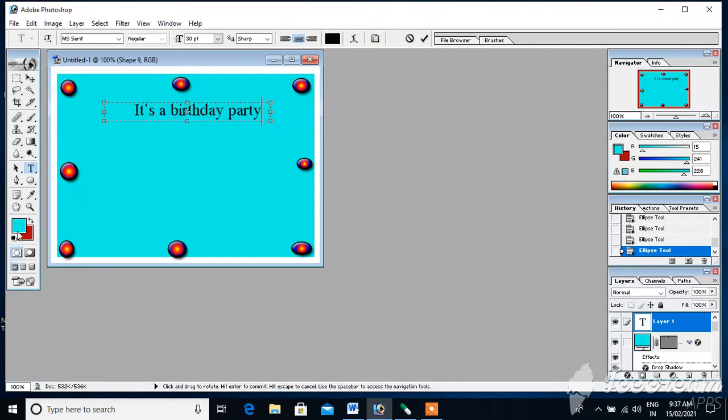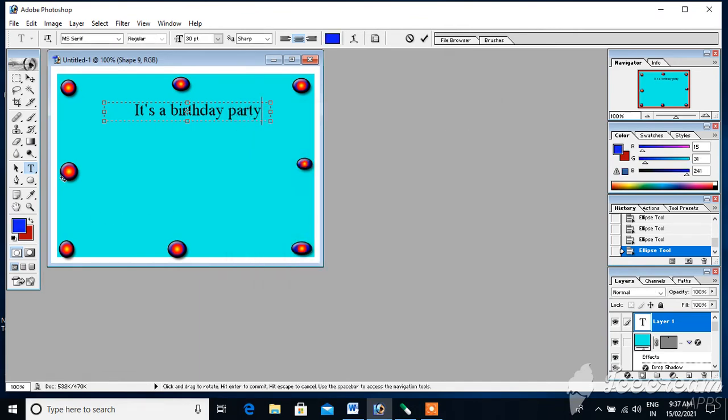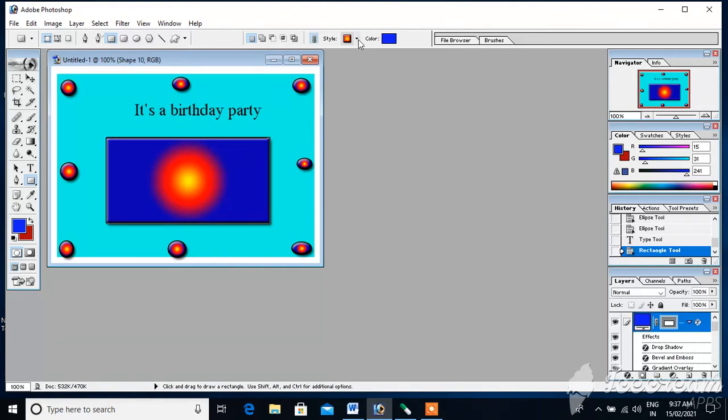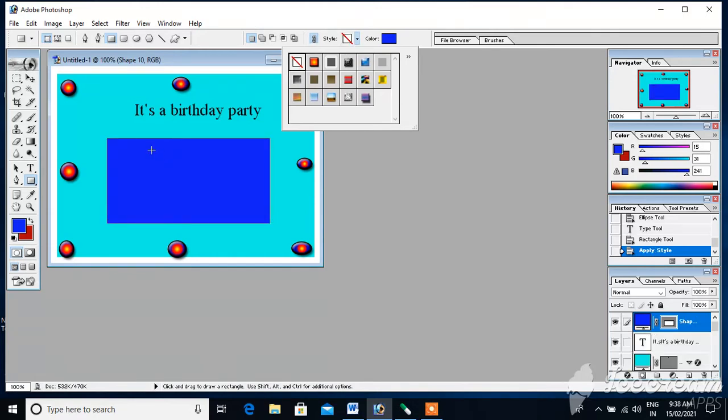Then take one more rectangle. First of all, change the color. We don't want style. Okay. Then take the brush tool.